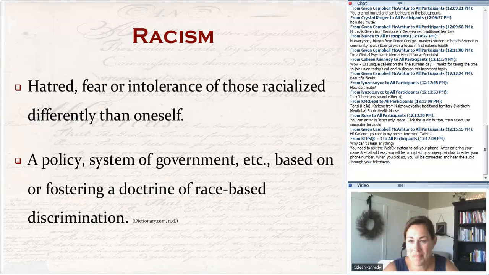But the more difficult one to think about, the one that's actually entrenched in societies that makes it really difficult for people to change, is that policies and systems of governance can be racist in the sense that they are, first of all, based on this idea that race exists, but they also foster discrimination on the basis of race, right? So in the next slide,